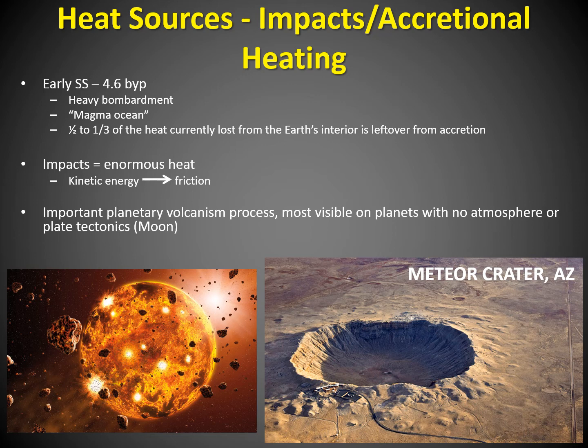And we still have impacts today. When your planet has an atmosphere, a lot of the space junk that might impact your planet actually burns up as it goes through that gaseous envelope, the atmosphere. But if you have a planet or a body that doesn't have an atmosphere, like Mercury or our moon, those impacts can just slam into that